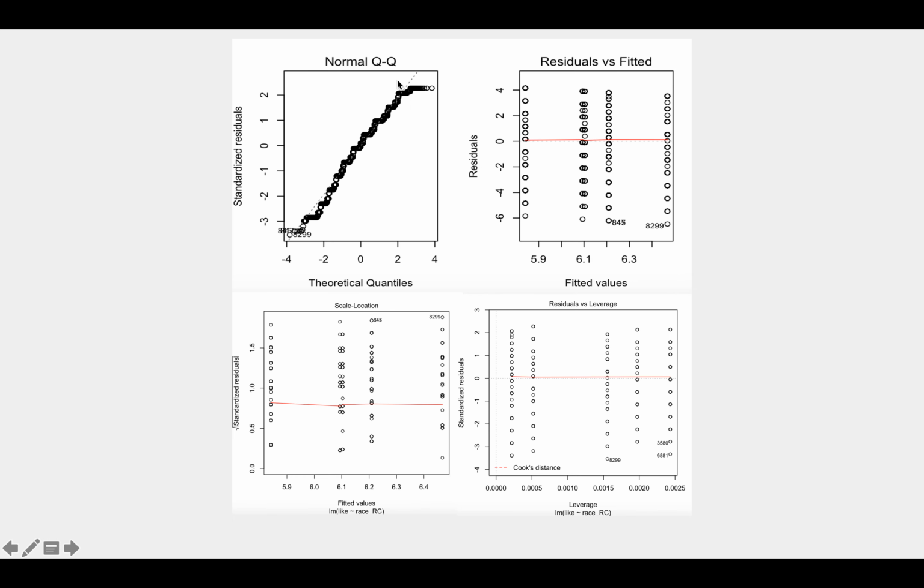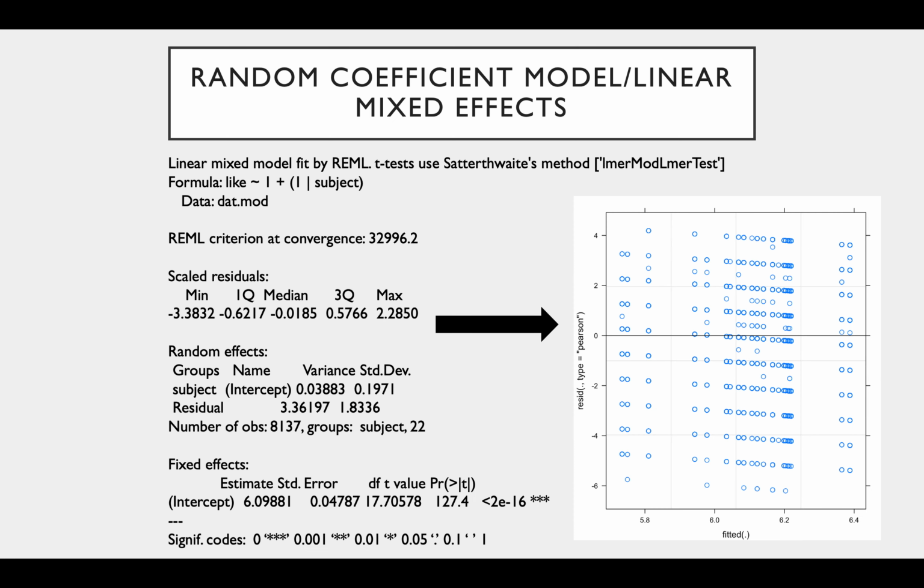We have our normal QQ plot, which shows our outliers on the tail end. We have our residuals versus fitted plot, our scale location plot, and these basically show heteroscedasticity. And we also have our residuals versus leverage plot, which includes Cook's distance. So from there, I decided to do random coefficient modeling, and